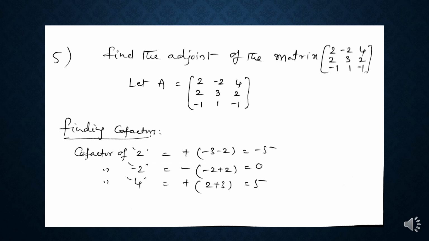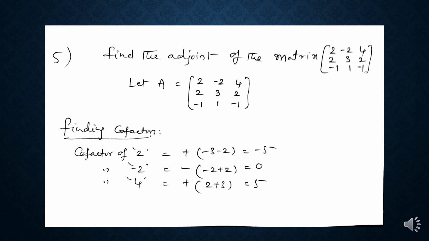And what is the cofactor of 1? Cofactor of 1 is, by deleting this column and row, we will get 2, 4, 2, 2, that is 2 into 2, 4, minus 2 into 4, 8, minus 8, that becomes plus 8. So the cofactor of minus 1 is, by deleting this row and column, we will get plus into 3 into 2, 6, minus into minus 4, that is plus 4, 6 plus 4, that is equal to 10.